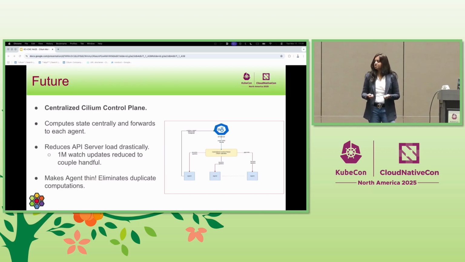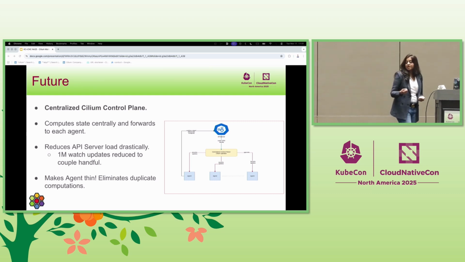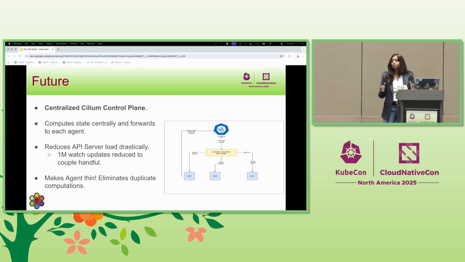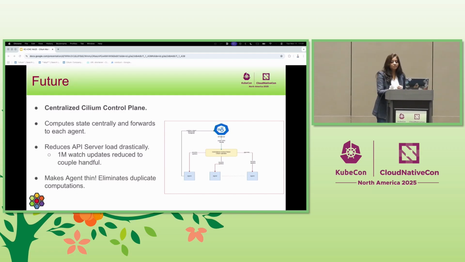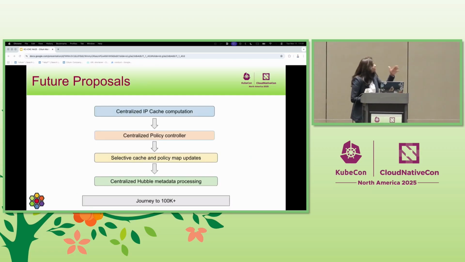Now, every agent computes this IP cache update and regenerates the endpoints for the policy enforcement. Every agent is doing the policy map generation and regenerating the Cilium endpoints. We can reduce all of that by moving everything into the central control plane. So just a walkthrough of